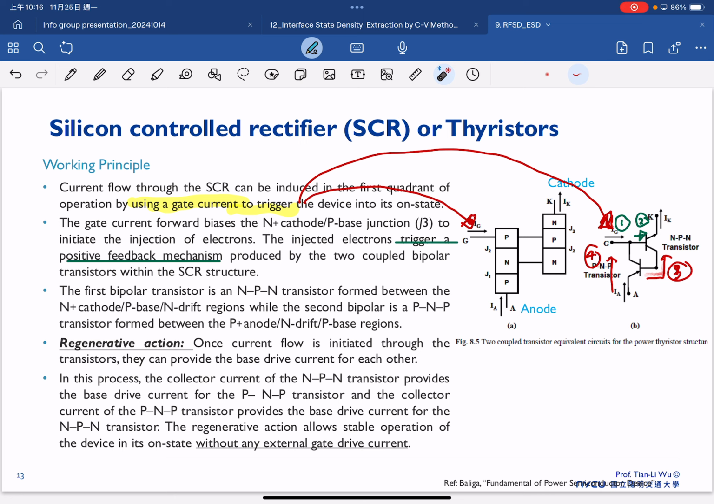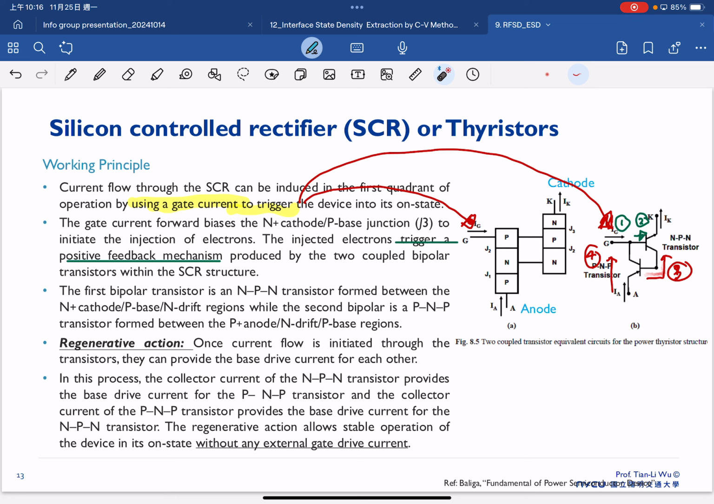Otherwise, first we give it a gate current, and then this current will become the base current to trigger this one. And once this turns on, this will start to have the current 3. And this current 3 will become the base current of this one. And that will turn on this PNP again. So we have the current 4. And the current 4 will come back to supply as a base current of this ampere. So this is the